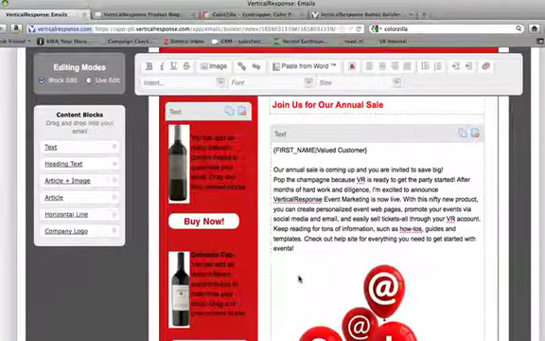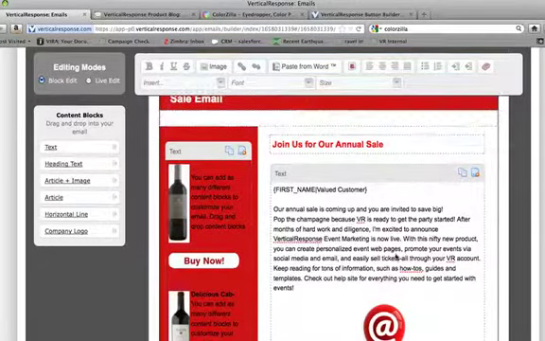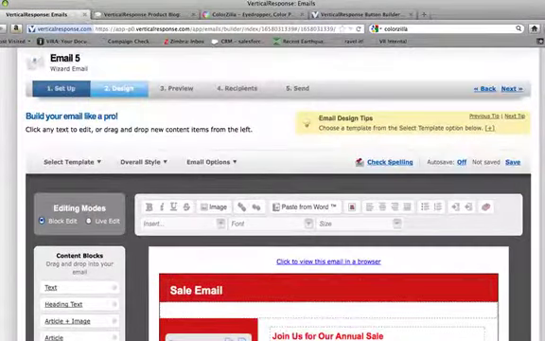So since this is a sales email, I wanted to have more products a little higher in my email, in addition to some other stuff going on here. Now this template, as you guys remember at the beginning when I started, had a picture of a coffee cup up here. There is a space automatically built into this email for putting an image. So right now, if we click over here